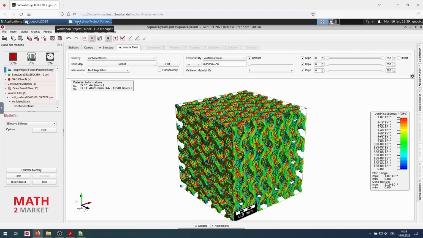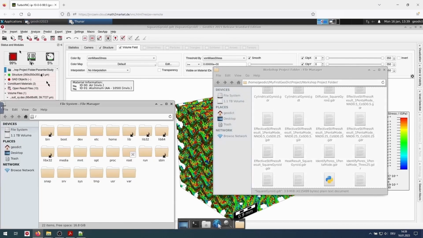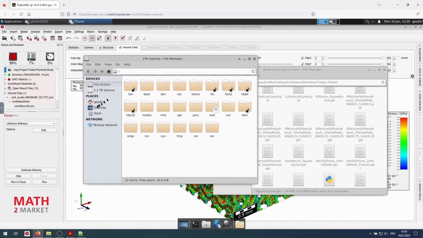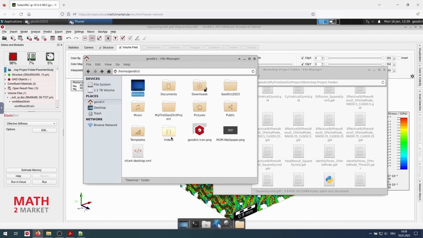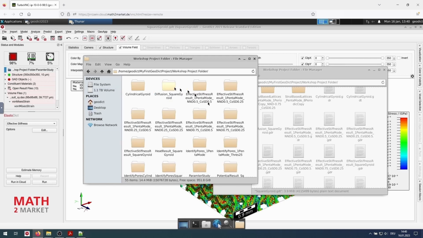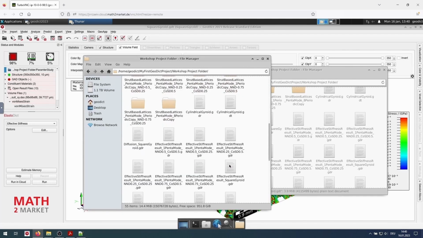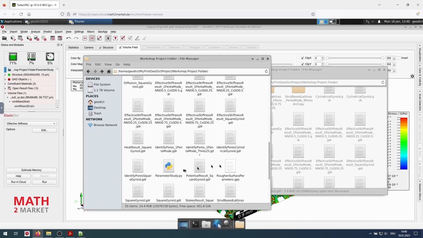We can now go to the workshop project folder, or you can click on Application, File Manager, select Geodict, my first Geodict project folder, workshop project folder, and in here you can now find the macro, which is called parameterstudy.py.